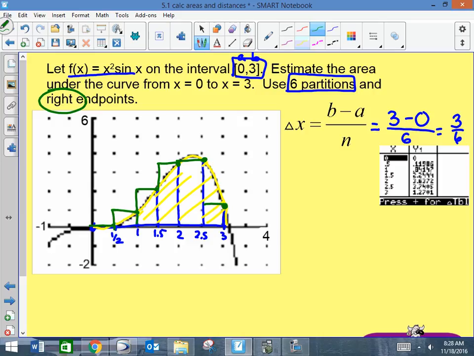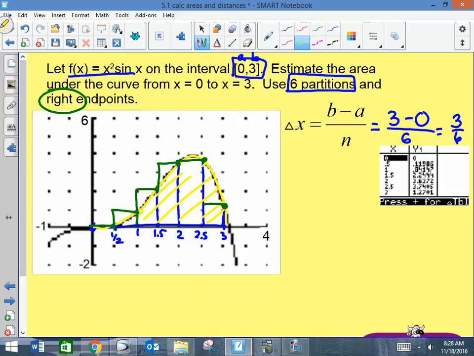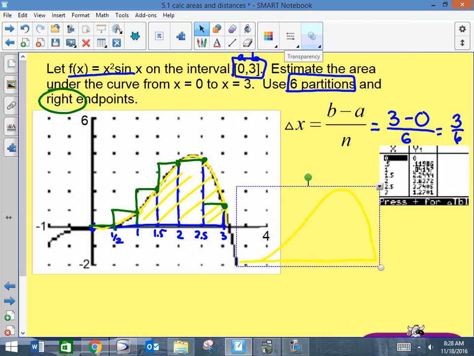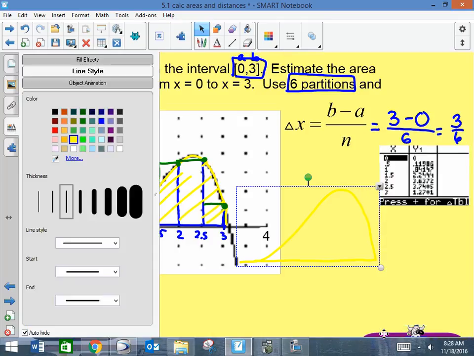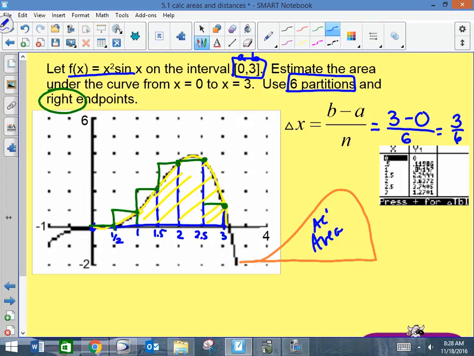So now you are comparing this. Get my yellow out again. We're comparing this curve. Let's do orange. That color, we're going to compare this area. This is the actual area. And the best you can do right now is